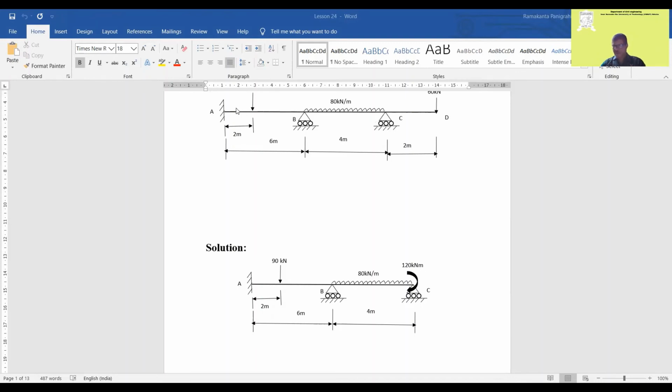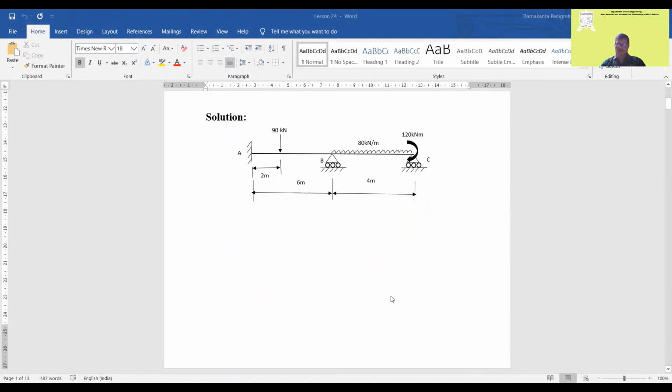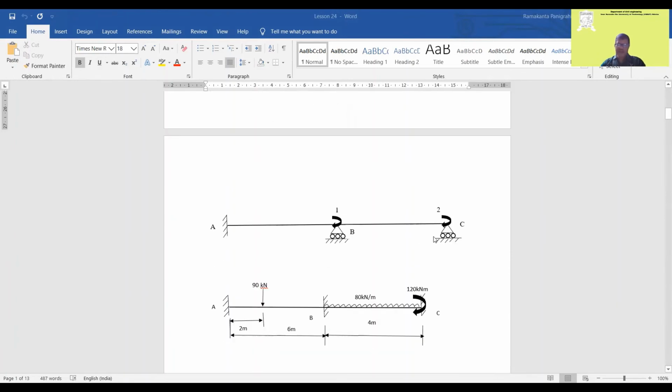In the last problem, the P matrix was equal to 0. Here you'll find the P matrix is 120. Now you find the kinematic indeterminacy like the previous problem. It's the same problem, only the difference is there is a load applied at the joint. So you'll find theta 1 and theta 2 as your kinematic indeterminacy. So 1 and 2 is the degree of kinematic indeterminacy.